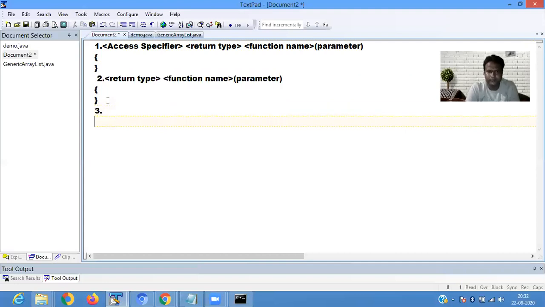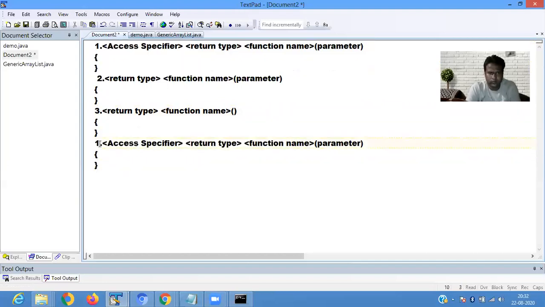What is the third part? Now return type without parameter. Then access specifier without parameter.